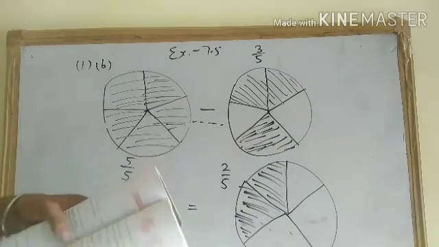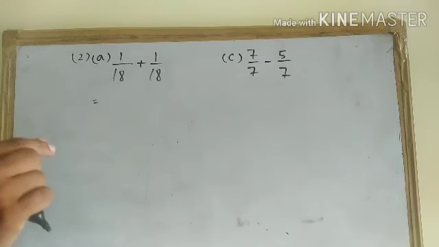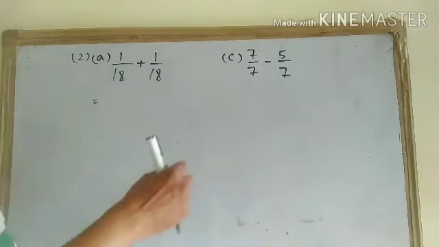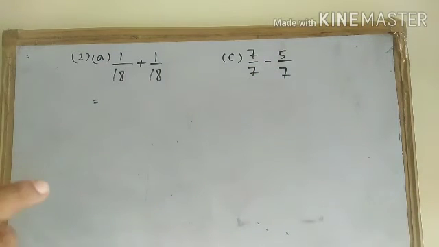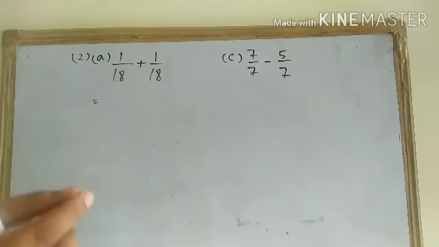Let's take the second question. In the second question, we have to add some fractions and subtract some fractions, but the basic thing about these fractions is that their denominators are the same. The interesting thing to know is when denominators are the same or when they are not the same. When denominators are not the same, you will get this type of question in 7.6, but in 7.5 you will see the questions where denominators are the same.